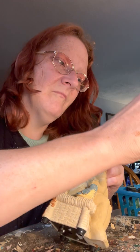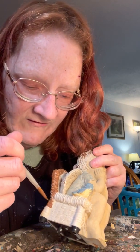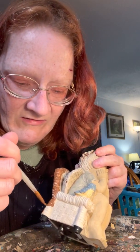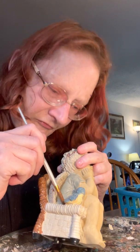There you go. See, we'll get all this painted, then we'll do the whole thing in the interior, and then we're going to set it aside and let it dry. Next time we come back, we'll do something else. The dress, the bird, we still have the wings and the hair. I want to show you how to do the lips,